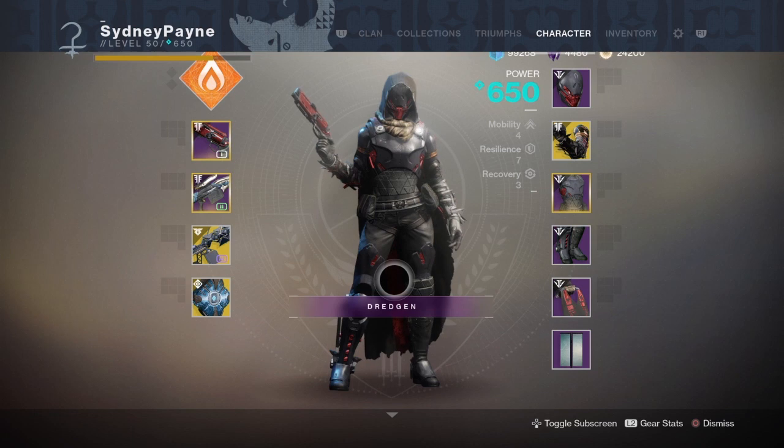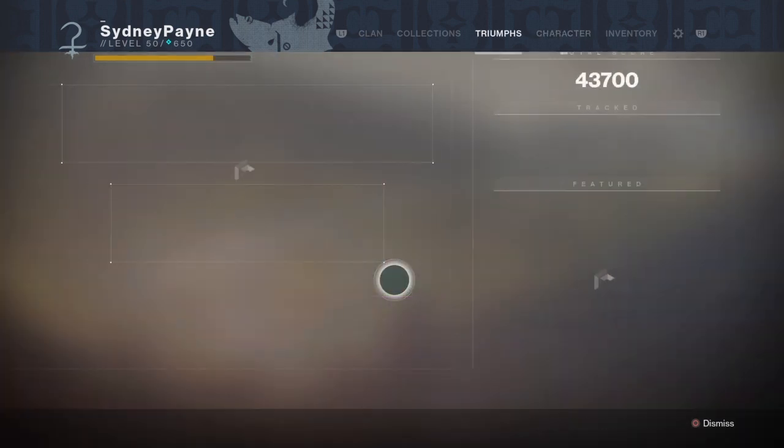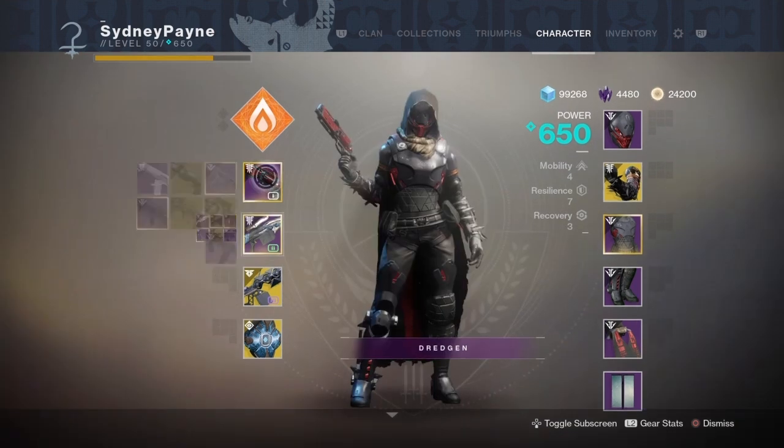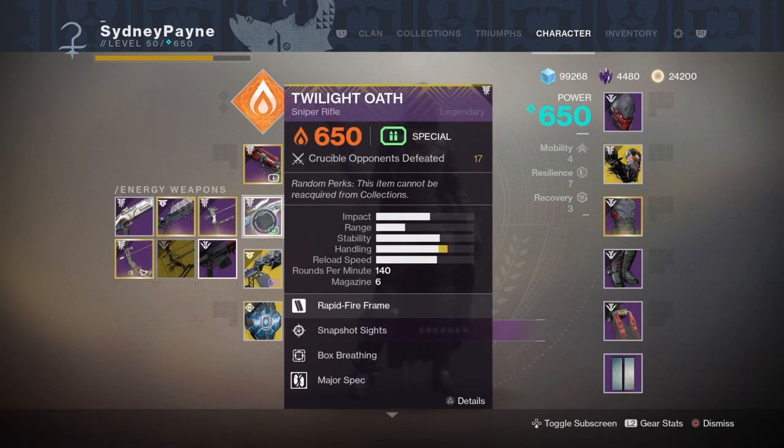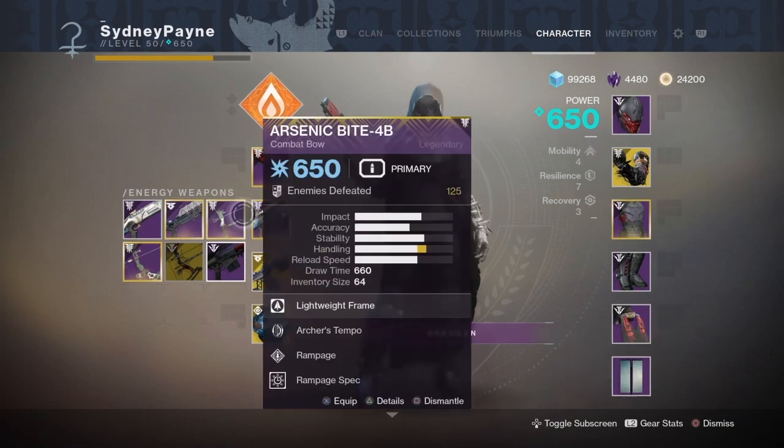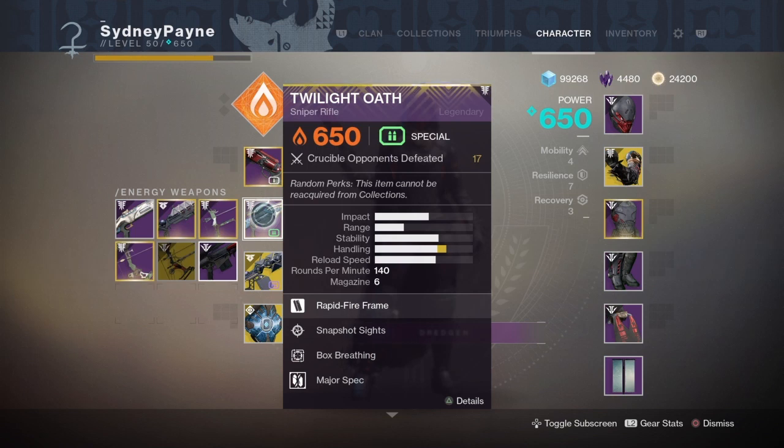If you're a Titan, obviously go, I think it's the top tree, the one with the shoulder charge. As far as exotics go, I would honestly do the same loadout. I would go Sleeper Simulant. That was the easiest one for me to use. If you don't have Twilight Oath, I would definitely do something with range, because whether you get the Taken version or the Vex version, you are going to need something with range, and since it's Solar Burn, go